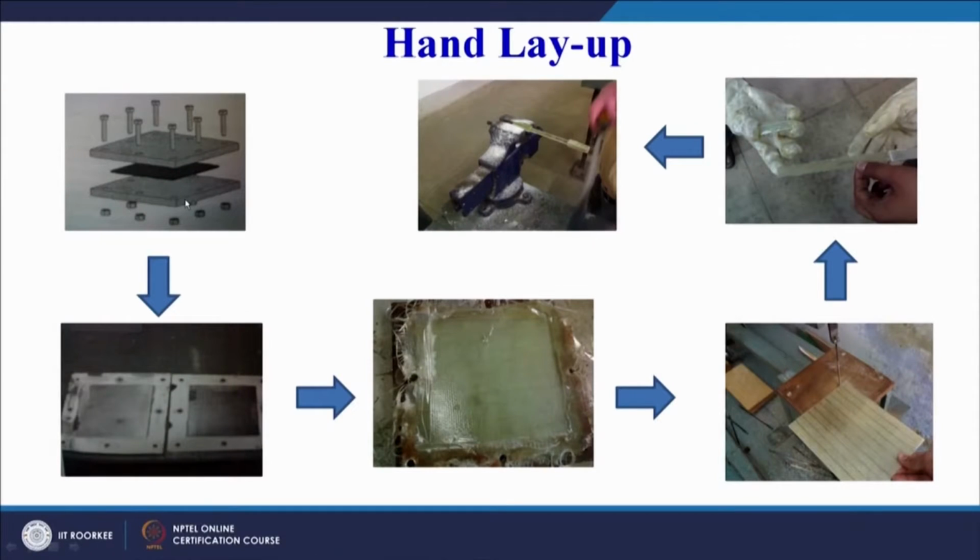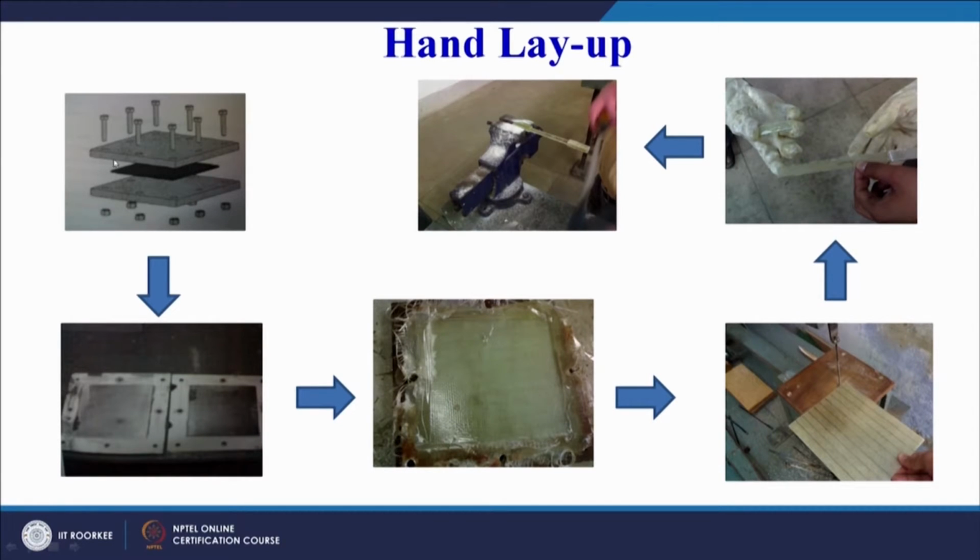Now this is what we have developed here at our institute. We are using a mold which is a flat plate mold. This is the upper half of the mold, this is the lower half of the mold, and in between we have a composite that we want to make, the black color carbon fiber reinforced plastic composite. So this is what we want to produce.